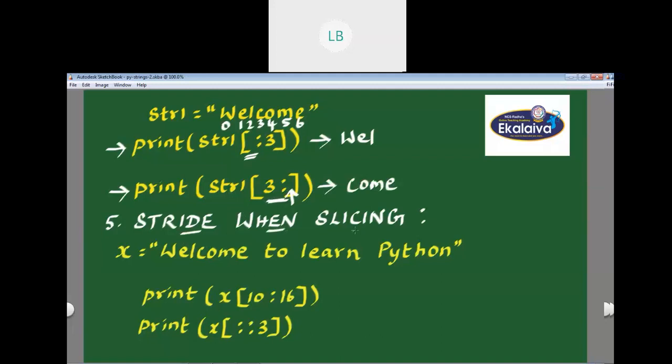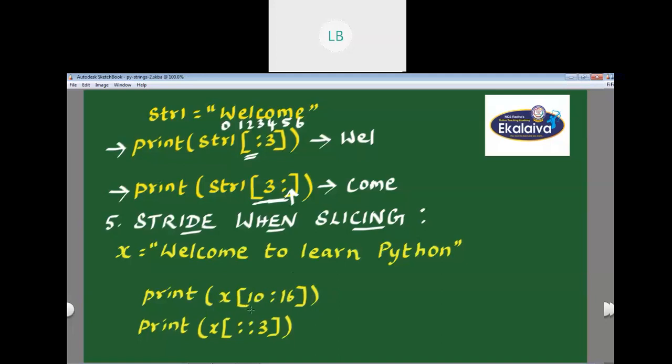Stride when slicing. In the slicing operation, we can specify a third argument as the stride, which refers to the number of characters to move forward after the first character is retrieved from the string.